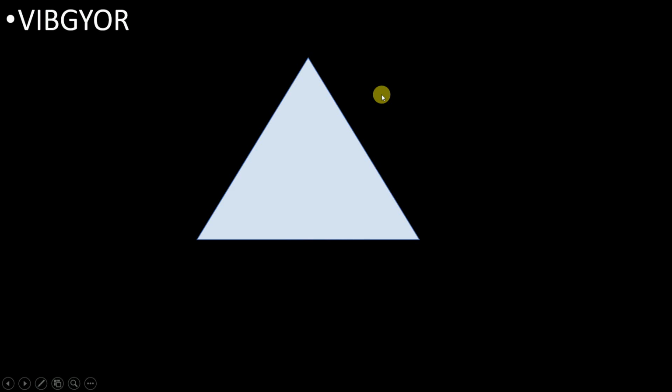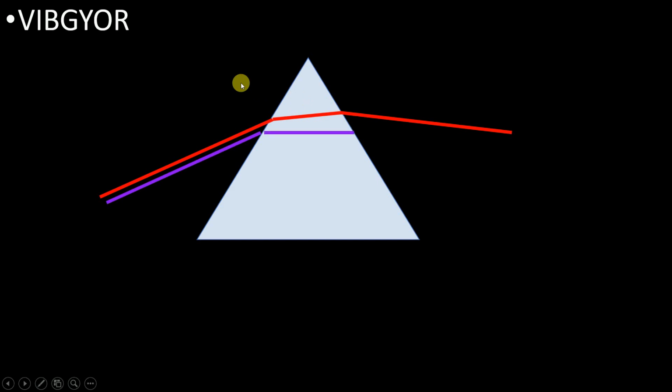Now, what we do here is that we take a prism, and as we all know, when we pass light through a transparent medium, the light gets refracted. So this light is going to get refracted. The observation I want you all to make here is that red color light has the greatest wavelength amongst all these 7 colors, therefore the red light is going to get refracted less as compared to the violet light. The violet light is going to get refracted more. So due to the difference in wavelengths, there is a difference in refraction.